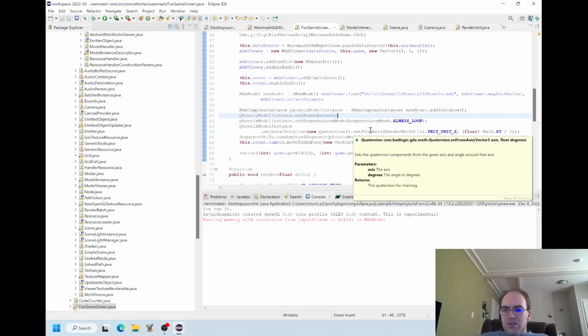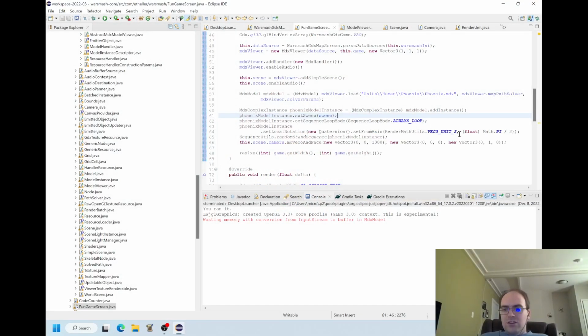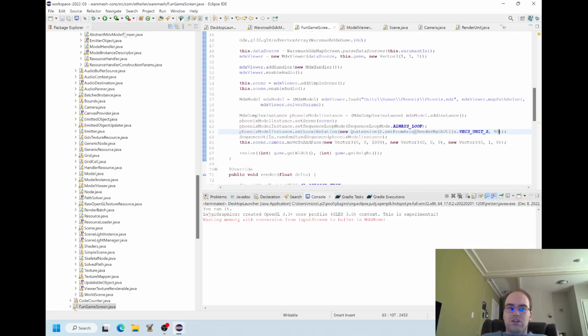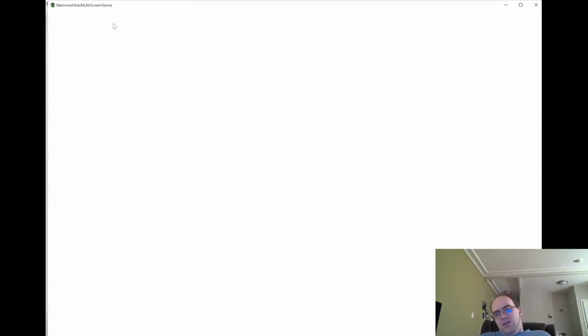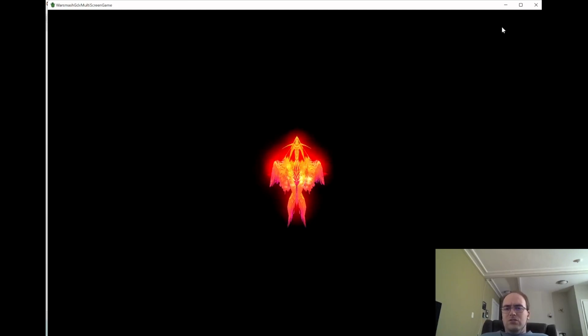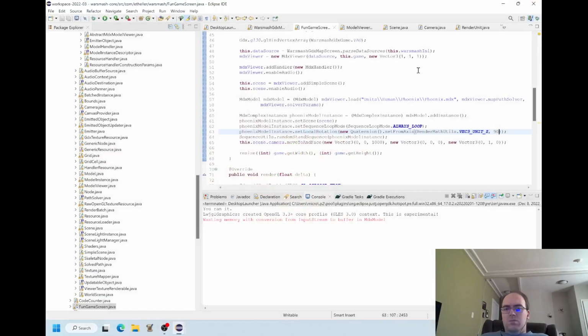There could be a lot of things that go into that. It looks like it's actually degrees. So they fooled me. They're like Warcraft. They actually wanted me to type in 90 degrees instead of pi over 2. That was my mistake. Sorry. Now that I type 90 degrees, you can see that my Phoenix looks more how you would expect.